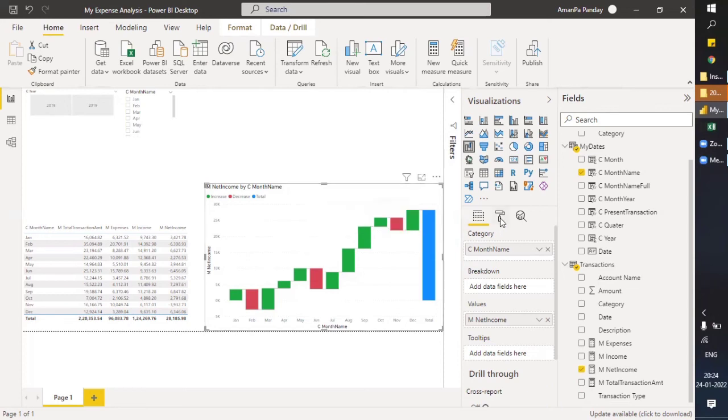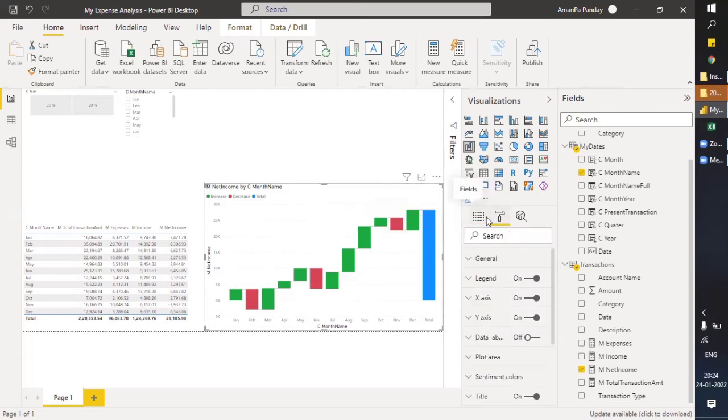So let me just give some formatting to it. Yeah, with the data labels, it will be much better. Yes, so this is the best way to look at the net income. That will give us a smooth and clear picture.